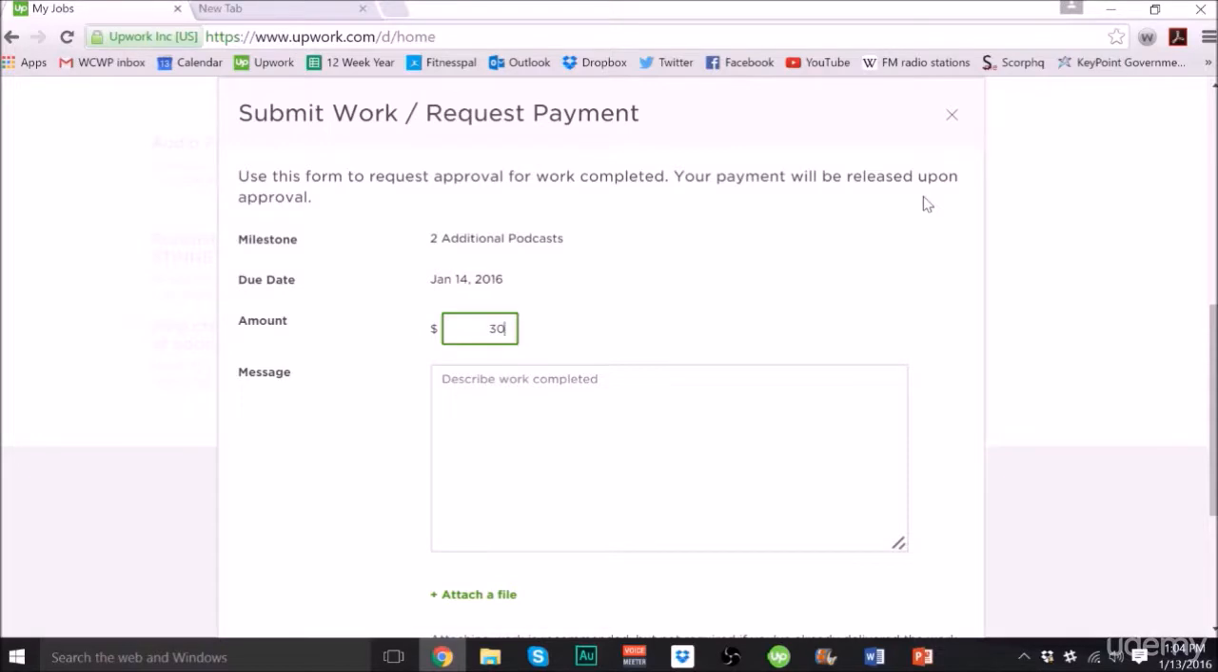And this box will pop up and it'll give me the opportunity to request either part or all of the payment. And then below that, it asks me to describe the work completed. It also allows me to attach a file, so that most likely would be the work completed. Now the limit on the attachment is only 25 megabytes. So I generally share files through Dropbox or Google Drive, but if your file size is small enough, you can